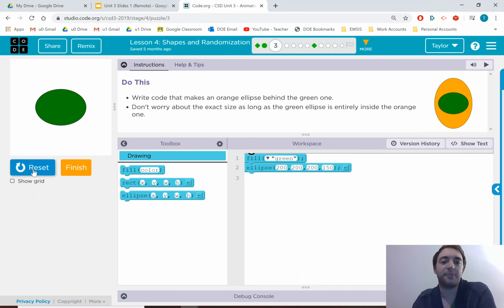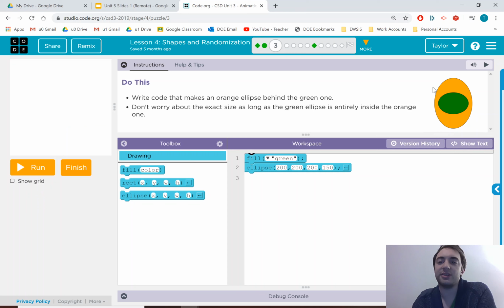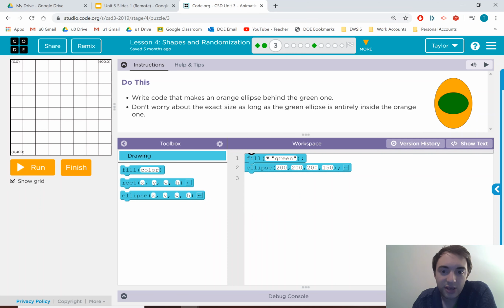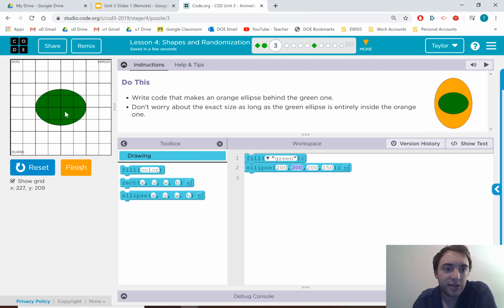All right, so what do we got? We got this little olive shaped thing, and we want this sideways eye looking thing. So we got other things with ellipse 2. Ellipse 2, we have the same thing. We've got xy for where the center of it is. So this center should be at 200, 200. If I run this, it should come up right there. Yep, there's the center, 200, 200. The width is 200.